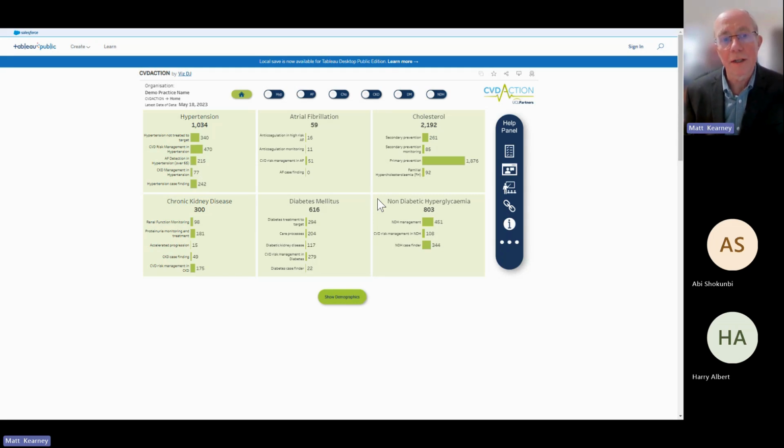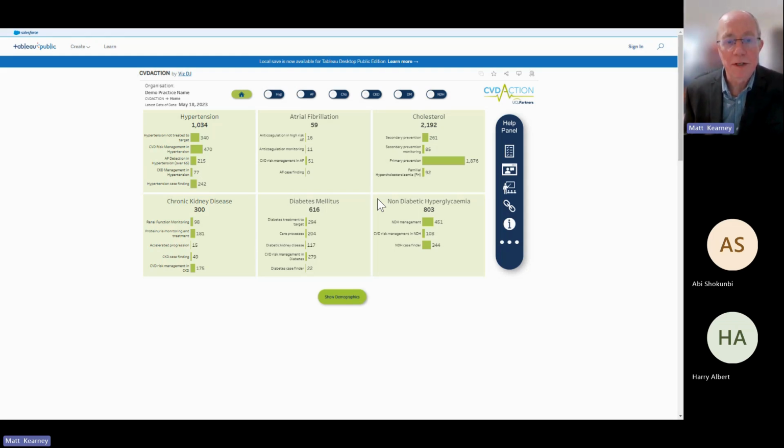to begin to target. So for hypertension, for example, there are 1,034 patients included there, which itself is still a large number. And this is in a practice of, say, 15,000 patients. It's all dummy data, of course. But within that hypertension group, you can see that we've stratified into, there are 340 patients whose blood pressure is suboptimally managed, 77 patients with hypertension whose CKD is suboptimally managed, 470 patients who need broader cholesterol management for their